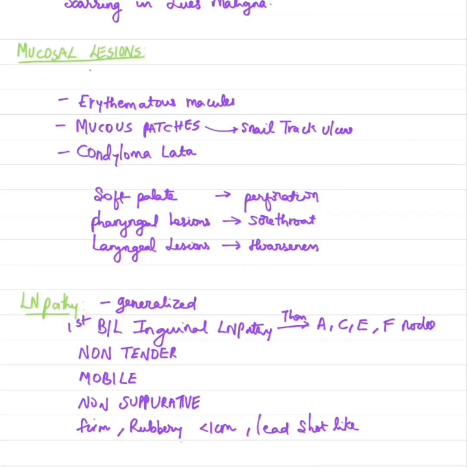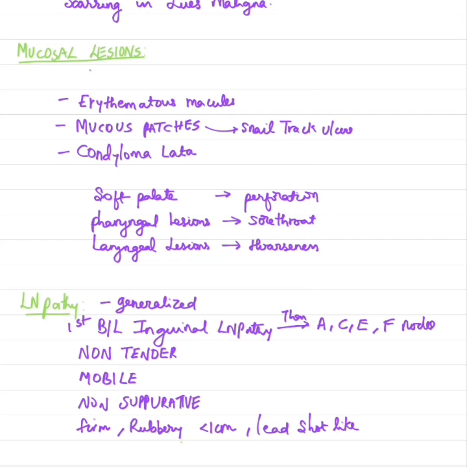Next, coming to the mucosal lesions, these occur in the form of erythematous macules, mucous patches and condyloma lata. Mucous patches can affect any mucous membrane, but most commonly the oral mucosa, pharynx, larynx and genital mucosa are involved. These are erosive lesions. They have a dull red base and a greyish slough, and they are highly infectious. They may become confluent and lose the slough, and they present as irregular erosions with a serpiginous outline, and these are called snail track ulcers.